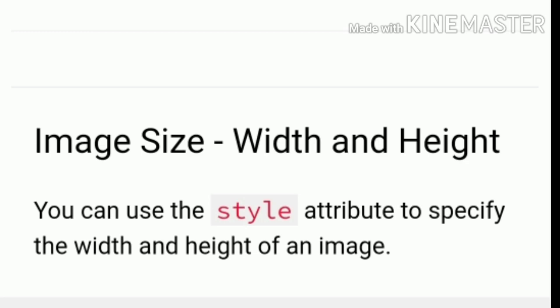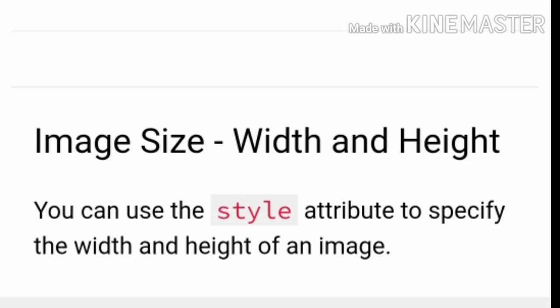You can write img src equal to, within double quotation, image_chani.jpg, alt equal to, within double quotation, flowers in chani, closing the double quotation, width equal to 460, height equal to 345, closing of body tag, closing of html tag. By executing this program, see what type of output is displayed.